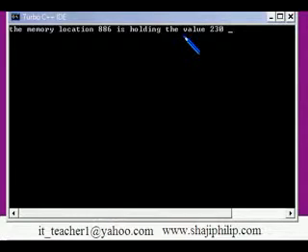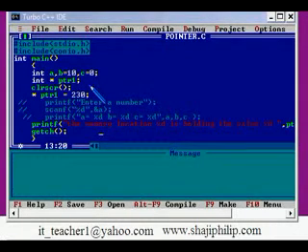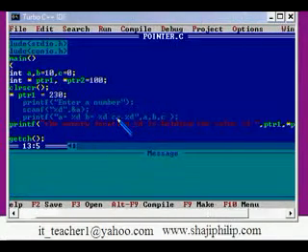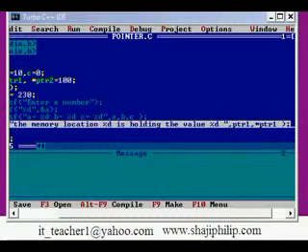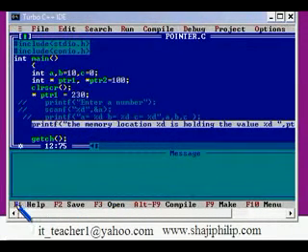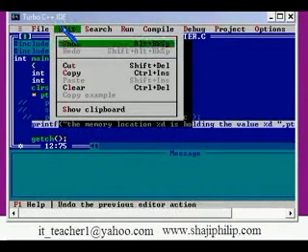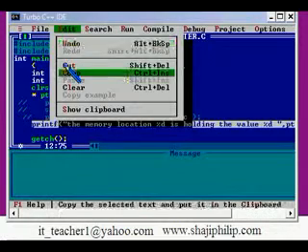So let me have one more variable here, comma star ptr2 equal to 100. One more variable is declared there, and that ptr2 is another pointer variable, and I have assigned some value there, that is 100 for ptr2.